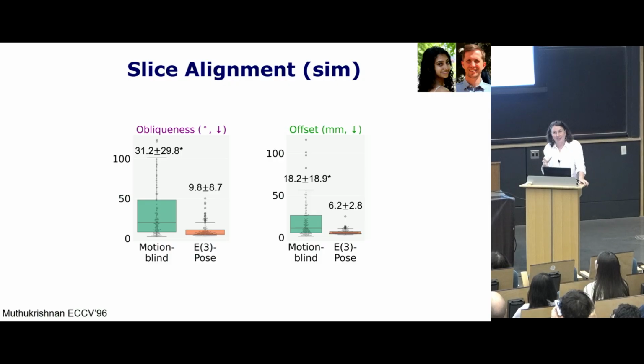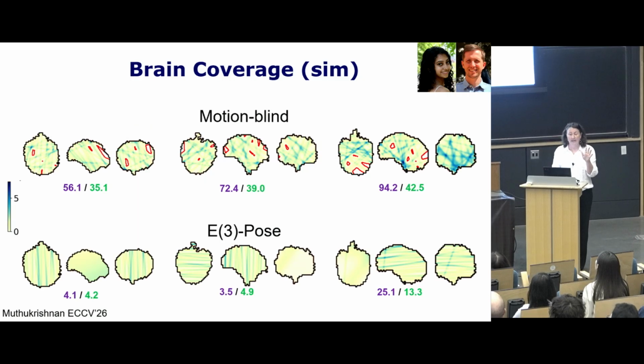But what the radiologists care about is, you acquire the slice stack. How good is it? I wanted the slice stack of perfectly parallel slices in a specific orientation. So we measure what we call obliqueness, meaning the dot product or the degrees between the normal vector you wanted and the normal vector you got, as well as an offset, which is the distance from where you wanted to be in a slice versus where you got. And we dramatically reduce the mismatch between what you wanted and what you got. This is all in simulations so far.